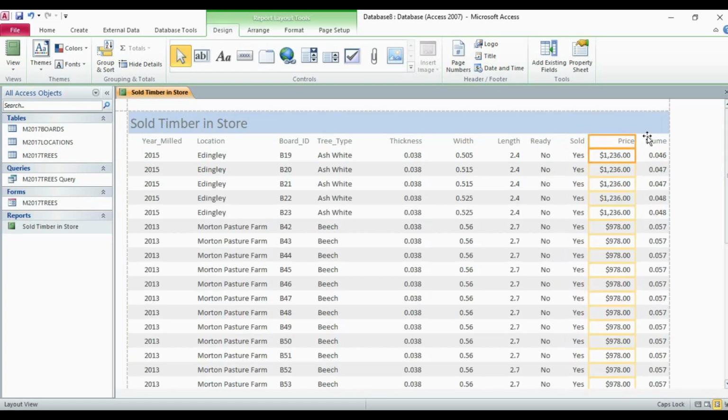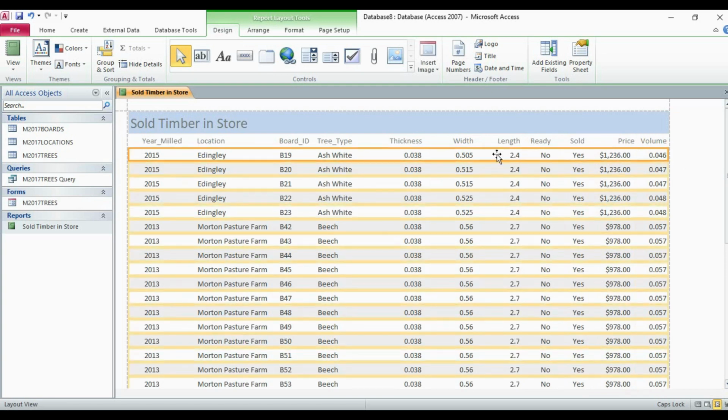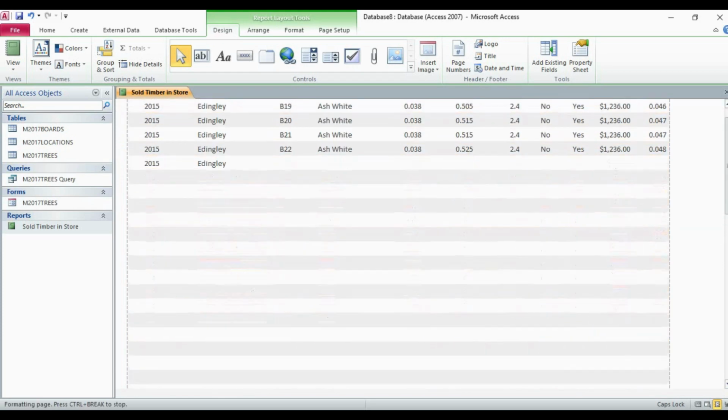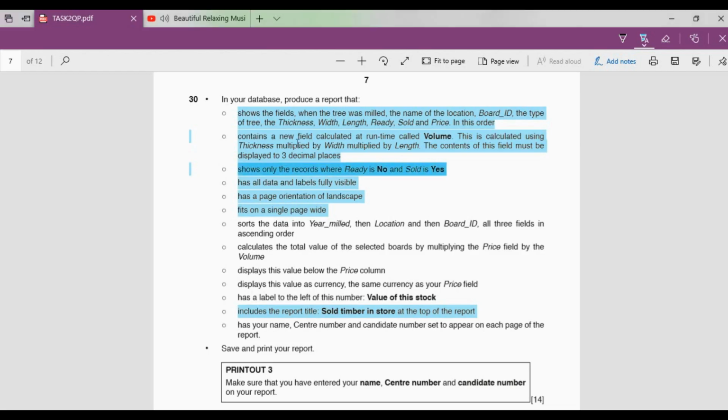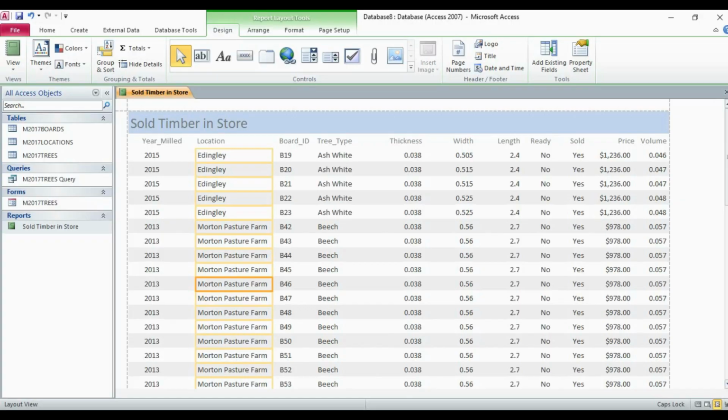Shift it more. We just need to shift it a little. Now all the data labels are visible properly and the data is also visible properly. Let's just have a look. All data is visible. So now we have completed this step. All data and labels are fully visible in the report.